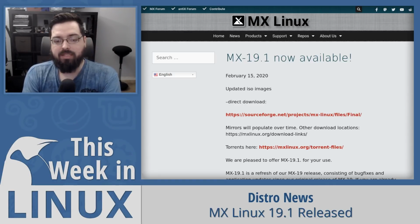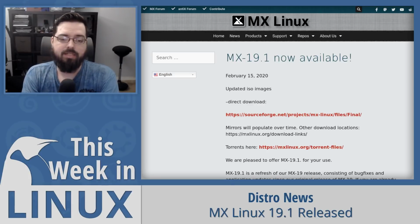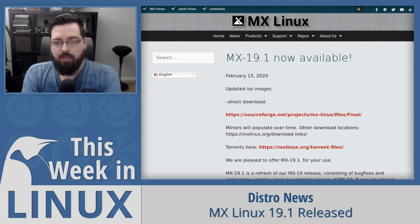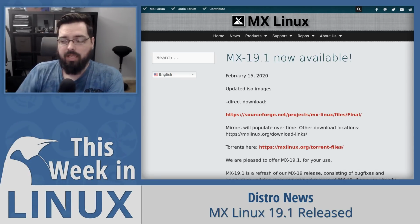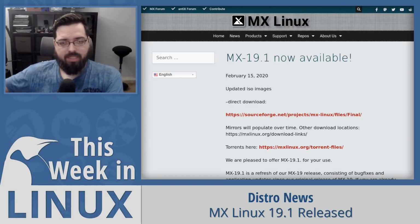Now, the MX Linux team does note that if you don't have the hardware, you don't necessarily need to use it. They say that Oz is a little untested, but the idea is that it will receive updates to the graphics stack over time. So for those who don't need the newer open source graphics stack, there's little point to be using Oz. But it's really cool to be able to use it because if you do have later hardware like the latest Ryzen chips or latest Radeon cards and stuff like that, it is fantastic that they are making